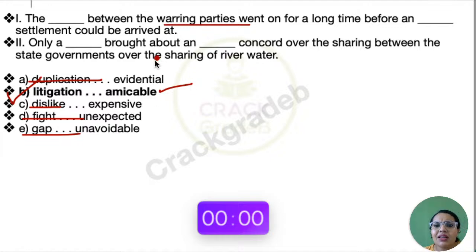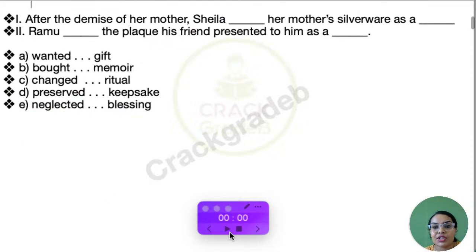I don't believe other words are that tough for you people to understand, so I'm quickly gonna take you to the next question. If I feel there is a word which is a tough word for you to remember, that word I will take and I'll make you revise. But as of now, I think we are good to go.